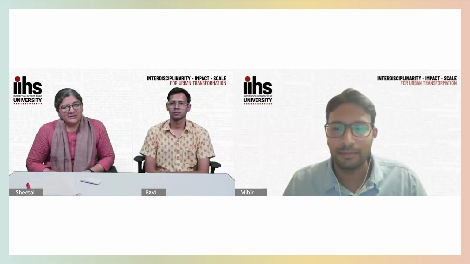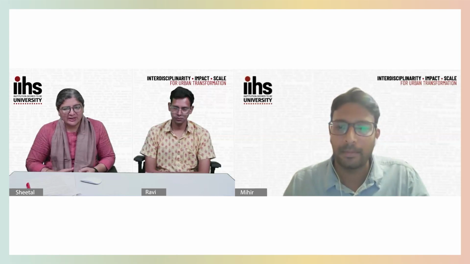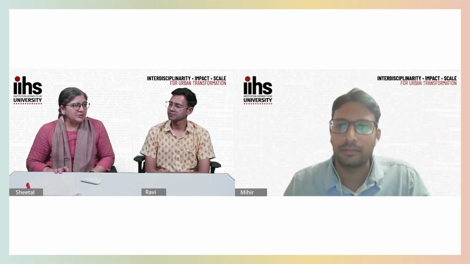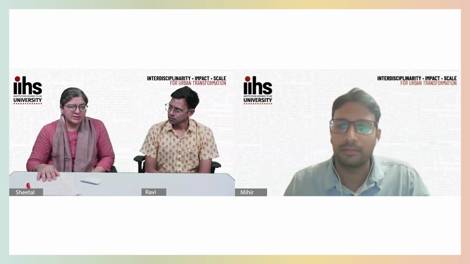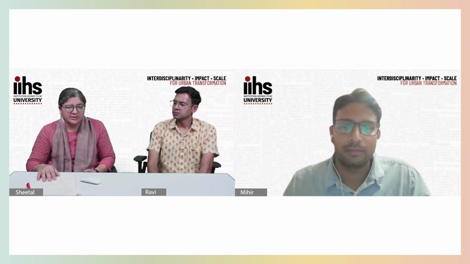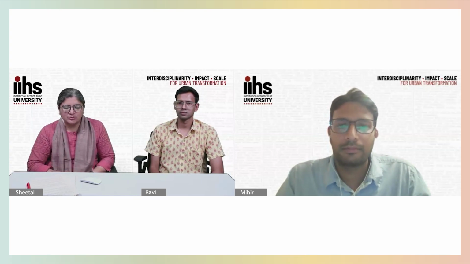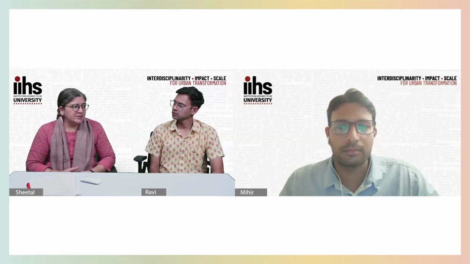Yeah. Great. A lot of times you refer to integrating collaboration, interdisciplinary and all that. And I think this is exactly what the programs at IIHS, and especially the sustainability science and practice, do. So we talked here about how essential it is to integrate ecological knowledge or intelligence or theory into the planning and all that. But it's not so easy, Ravi, right? What are the biggest barriers to embed this ecological and system science that we gather from so many different kinds of interdisciplinary studies in urban governance and planning?